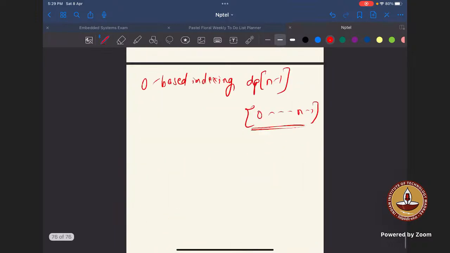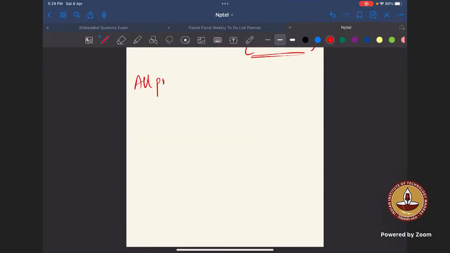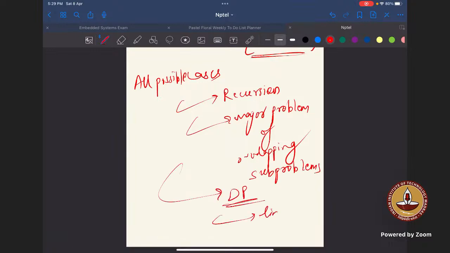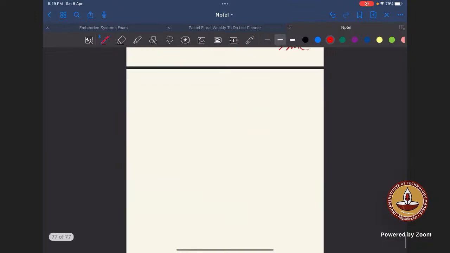So yeah, like we have come so far that we thought about all possible cases. Then we thought about recursion. Then we found out a major problem in recursion, which is of overlapping subproblems, right? Overlapping subproblems. And then DP came to a rescue, and we solved the question in linear time. Okay, linear time. Okay, so let's do a dry run of our algorithm on one of our test cases,